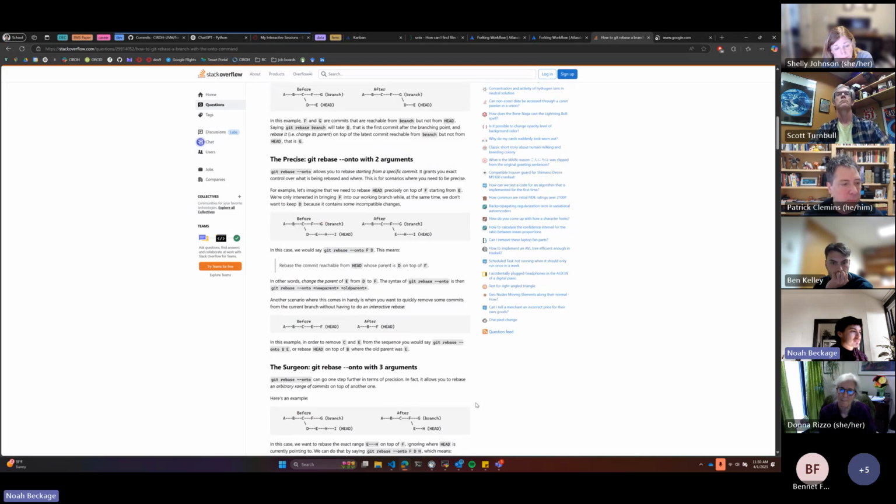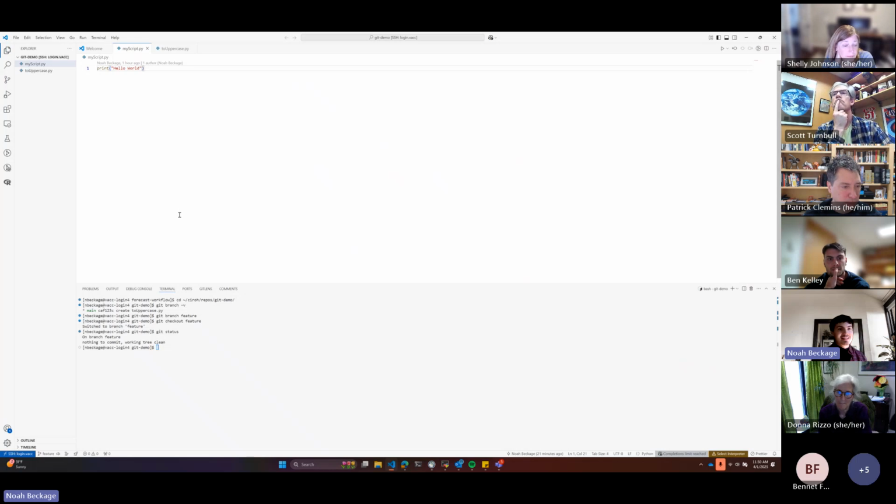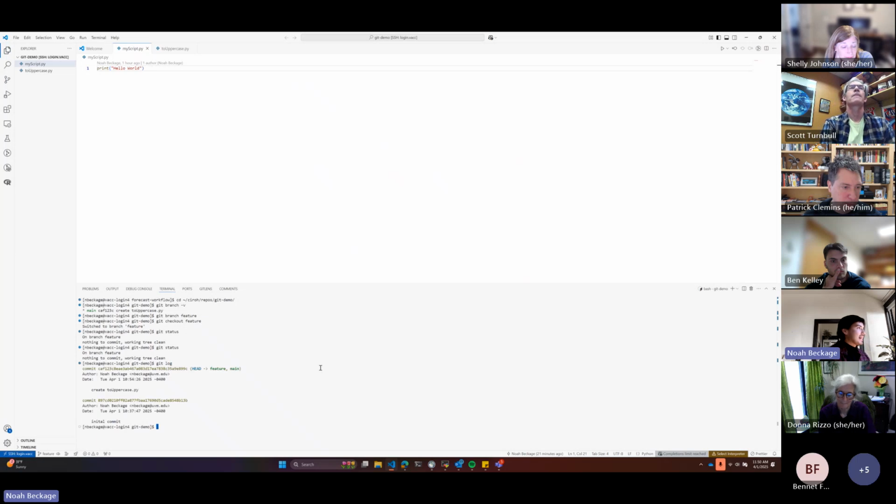But maybe it'd be a little clearer if I actually have an example, so I'm going to jump into that. You can see I have a very detailed demo repo. I did have some code I wanted to add. So I have a couple files. I have 2 commits, right? I have my initial commit, and then I created a little uppercase file that converts a string to